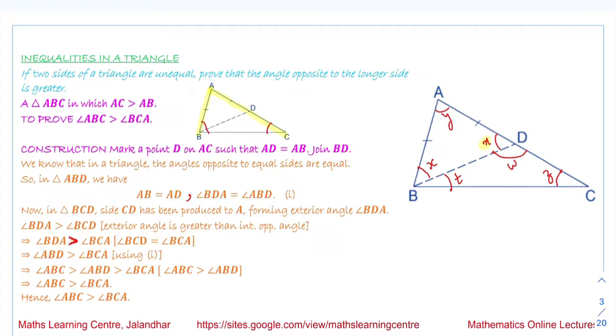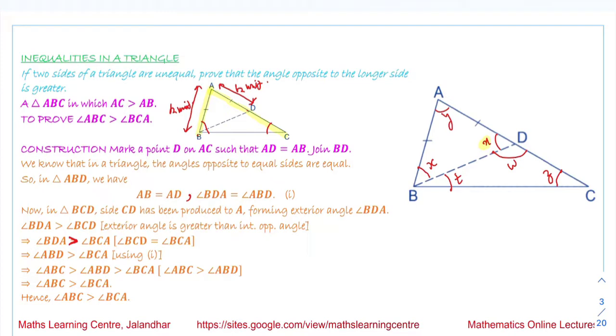So we are doing a construction over here. We have marked a point D on this line AC. Suppose this length is some K unit length. We are saying we have marked a point D on this, since this length is greater than this K unit length. We have marked a point D at the K unit length over here, and we have joined this point B and D.